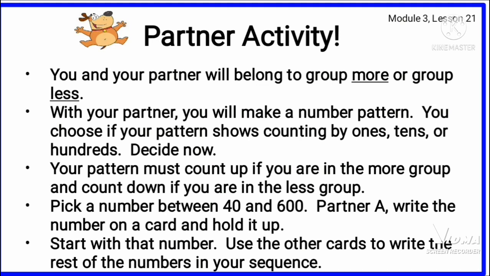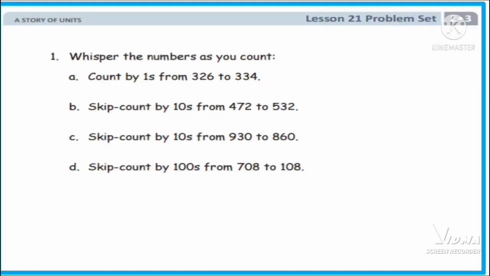Alright, so you do this activity with your partner in class. You form a more group or a less group. You're going to choose a number between 40 and 600. Just pick a number. In your more group, skip count in tens, and in your less group, skip count in tens, so 10 less than the number you picked. If you're in a more group, your partner will count 10 more than. Alright, once you're done with the lesson 21 problem set,